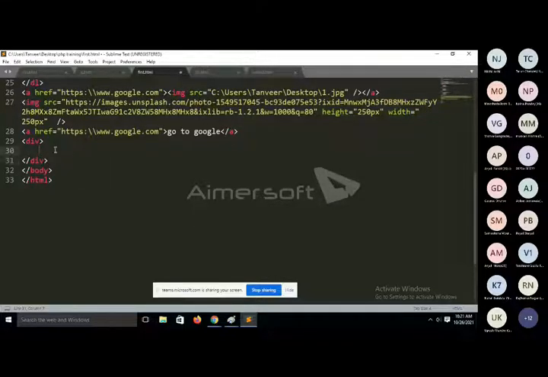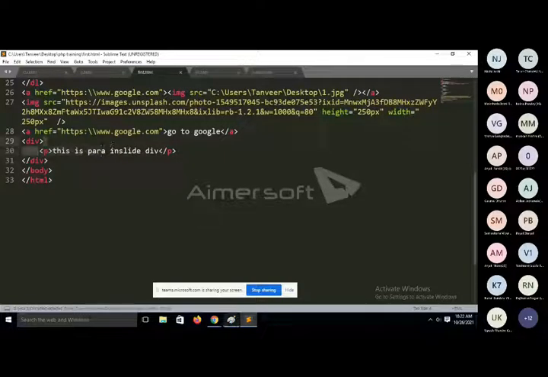So inside this division, I just want to use a paragraph. If you want to print some paragraph, then you will use the paragraph p tag. Inside the division, I just want to print a special para. So this is para inside div. So we have a division tag, and inside this division tag we have a paragraph tag p, and inside this division we are printing a paragraph.